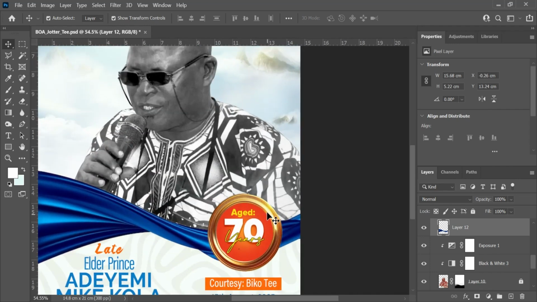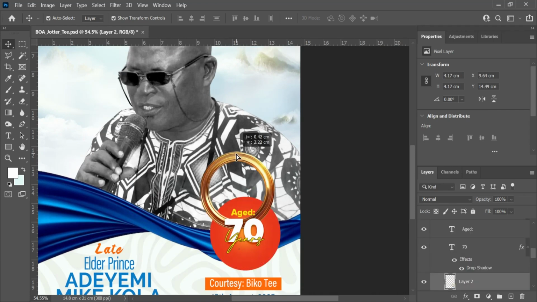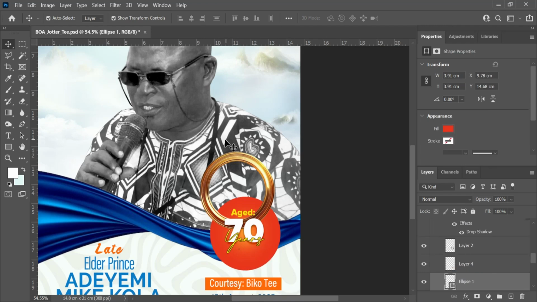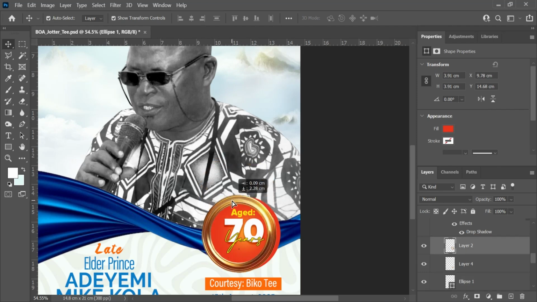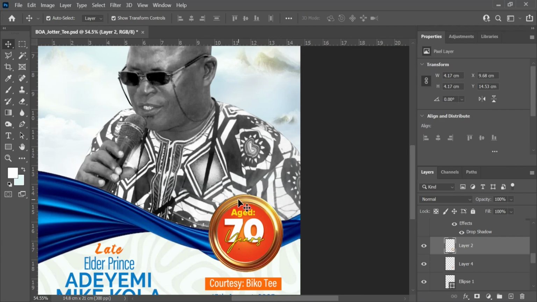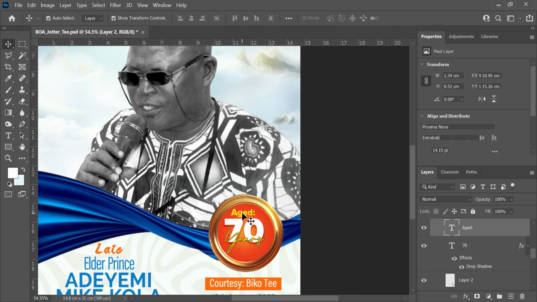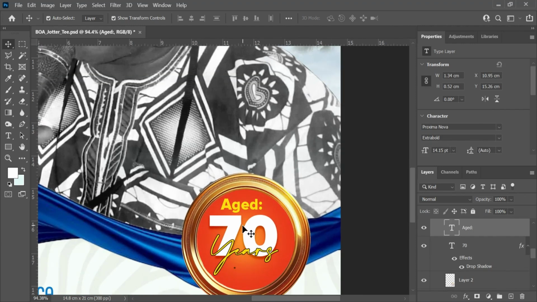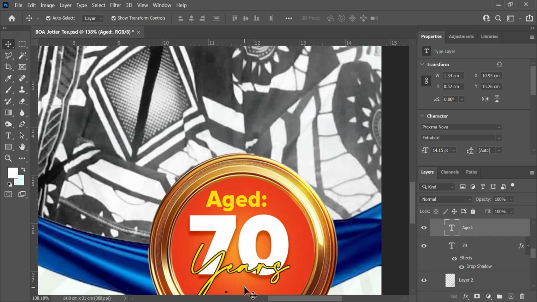That's what I did here for this. Also for this particular one here, I actually downloaded this shape as well. So I now removed the background, then I made a circle shape. After making a circle shape, I just arranged it and I ensured that everything is well arranged. Then I typed this, aged 70 years, as this. Then if you look at it here,